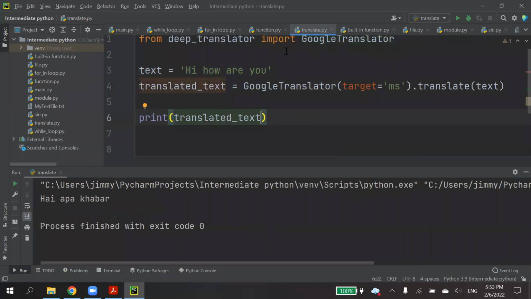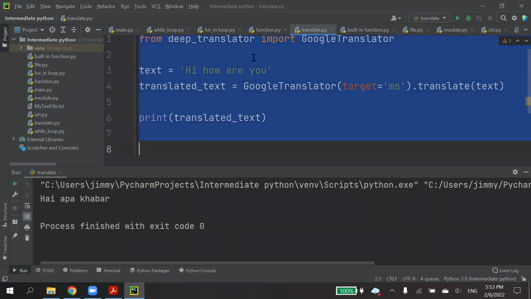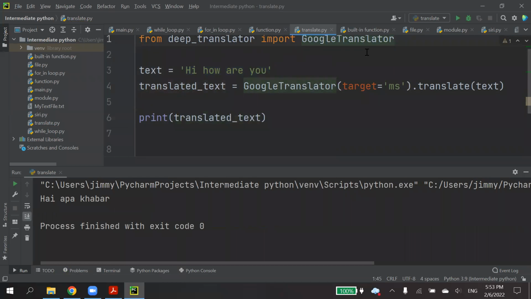Okay, it is working. So this package helps us to use Google Translate. Maybe some of your applications require Google Translate. We can import from the translator, import Google Translator. So this part is actually the language code. You can put in the language code, the code of the language you want to translate to. Previously I wanted to print to show what languages are available, but something is wrong. It's not working.